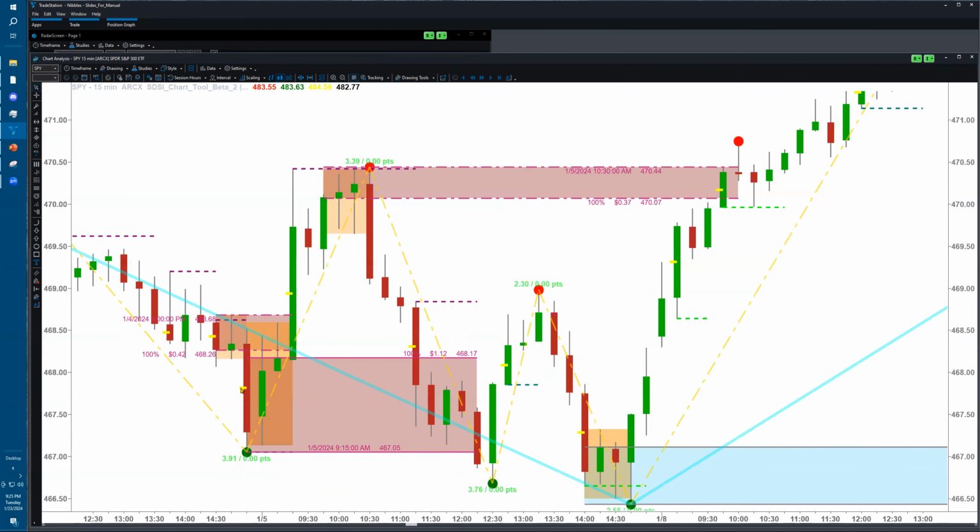So here's the drop base drop, right into the drop base rally, into the rally base drop. And then we don't get another qualifying pattern until we're all the way over here. And then this gives us the drop base rally. And then off and to the right somewhere, we had our rally base rally. So it found exactly what we asked it to,